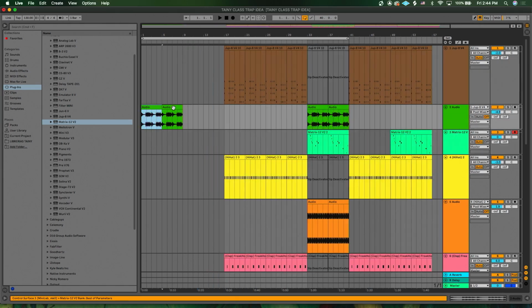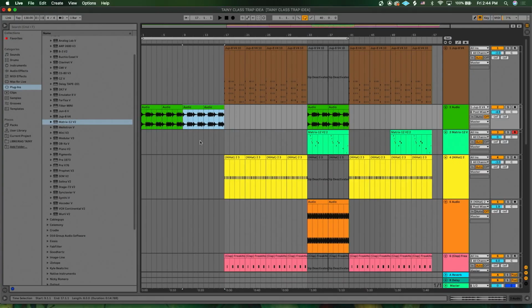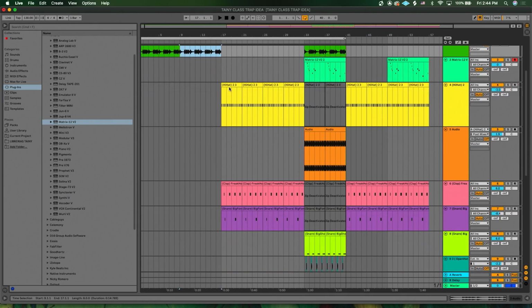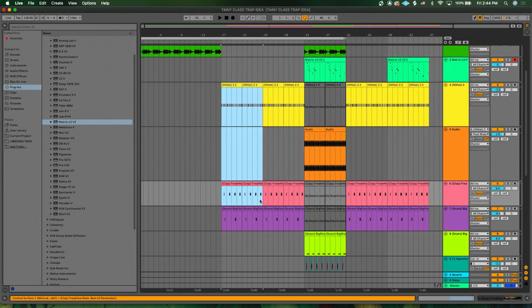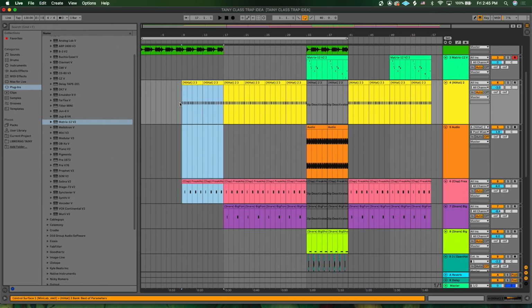Let's copy this intro melody so it can start growing and developing a little bit more, and let's add the hi-hats with the clap onto this part. And so we start introducing some of the elements of the song, but not everything at once. And maybe you can get that sense of growing onto exploding